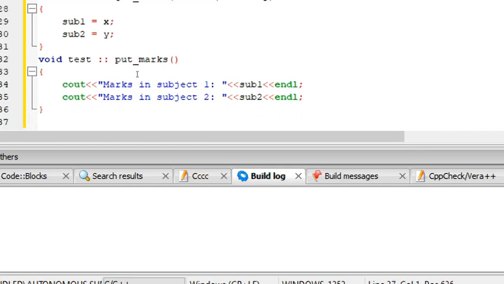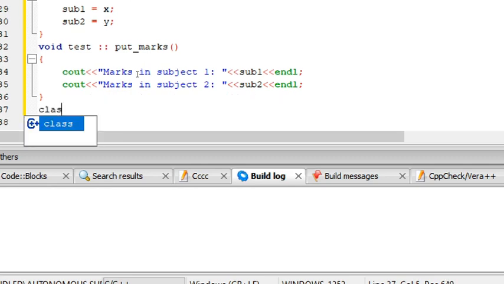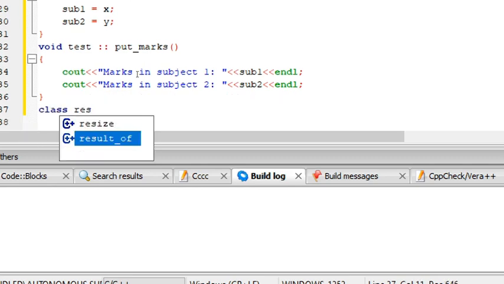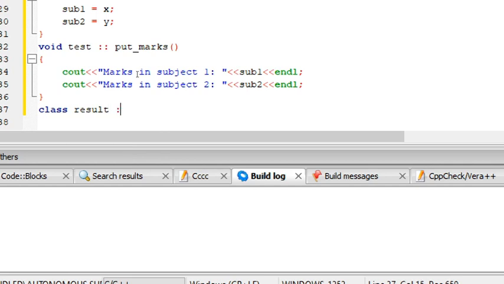Okay, so now I'm done with the second class, my intermediate class. Now I have to go for the last class, the derived class. Here I'm going to give the result, so I'm going to add these two marks and produce the result. So let me have a class name as result, and this result can inherit only from the intermediate class, not from the base class. I can't go directly.